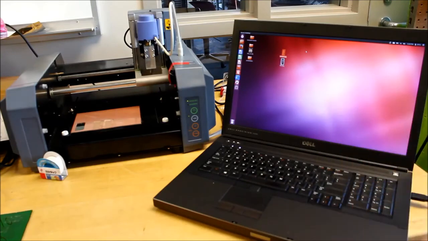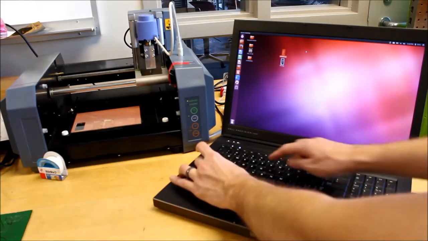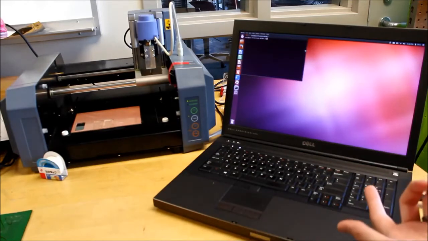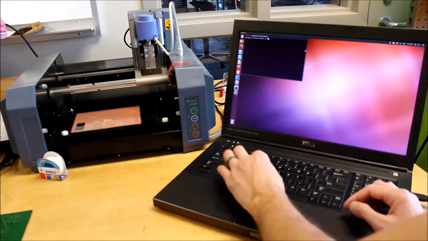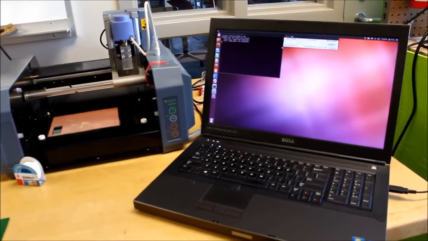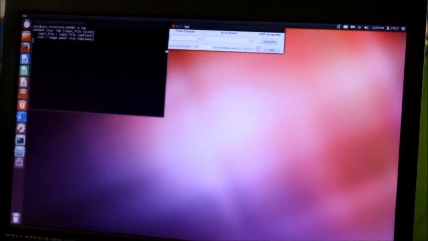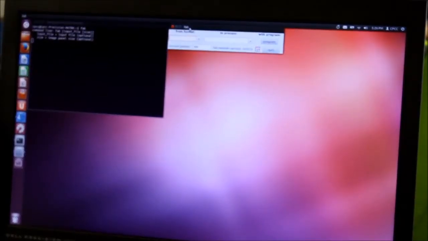We're using Ubuntu and we're going to use the Fab modules. So we need to actually run these from the command line once they've been installed. So hit Control-Alt-T to bring up a terminal window and type the word FAB, and that's going to open up our Fab module